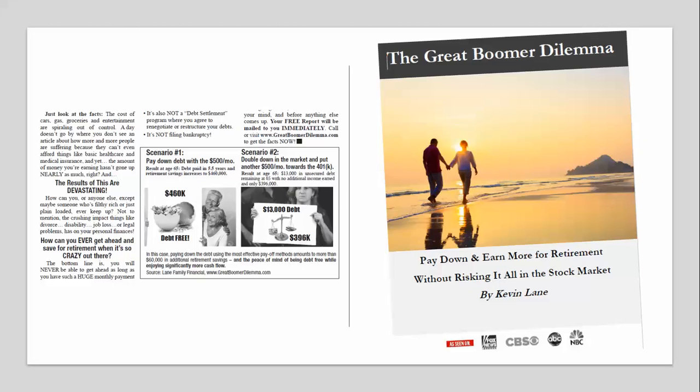then that person is going to end up with $460,000 compared to if you just put some of it in the stock market, but some of it pay down debt. Well, you're still going to have about $13,000 in debt left and only have $396,000 that you earned from the stock market. So you still have debt, you have less money earned in the stock market. Obviously better to pay down the debt first. Not true in every circumstance, but in most cases it is,